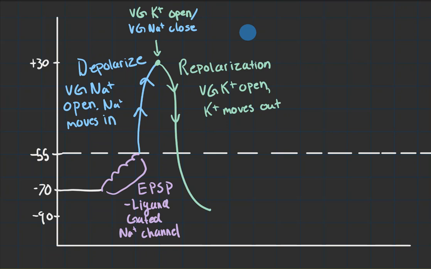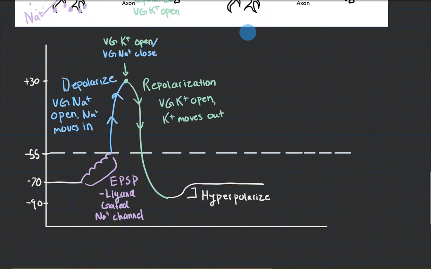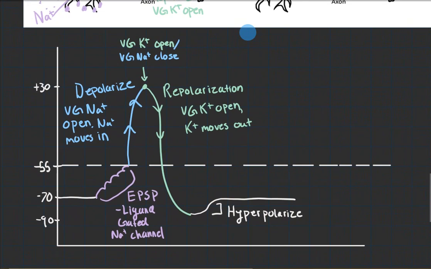All right, potassium will keep leaving the cell until it reaches about -90, which is about potassium's equilibrium potential, and then it will finally be brought back up to resting membrane potential. So down here, this is called hyperpolarization, or hyperpolarize. So I don't have anywhere on the actual neuron to show the hyperpolarization, but while recording it, this